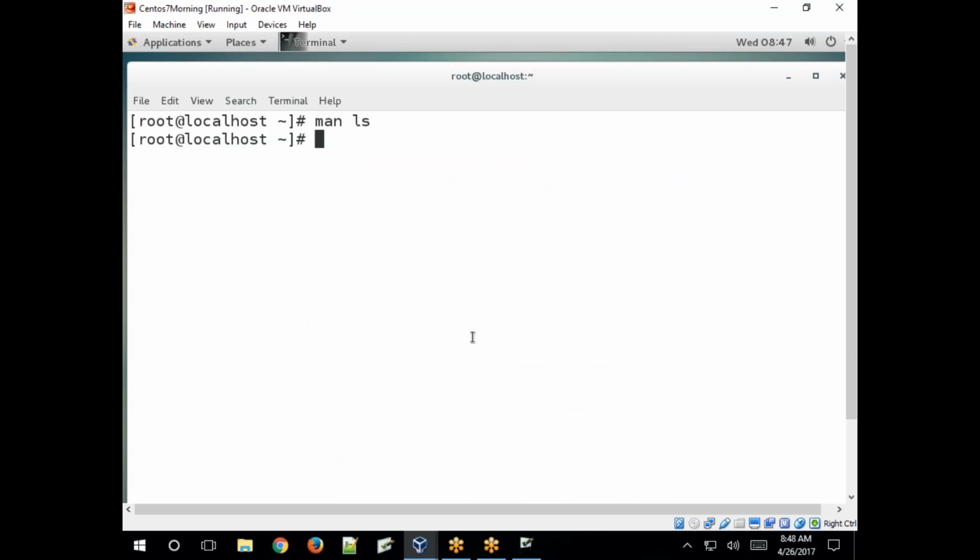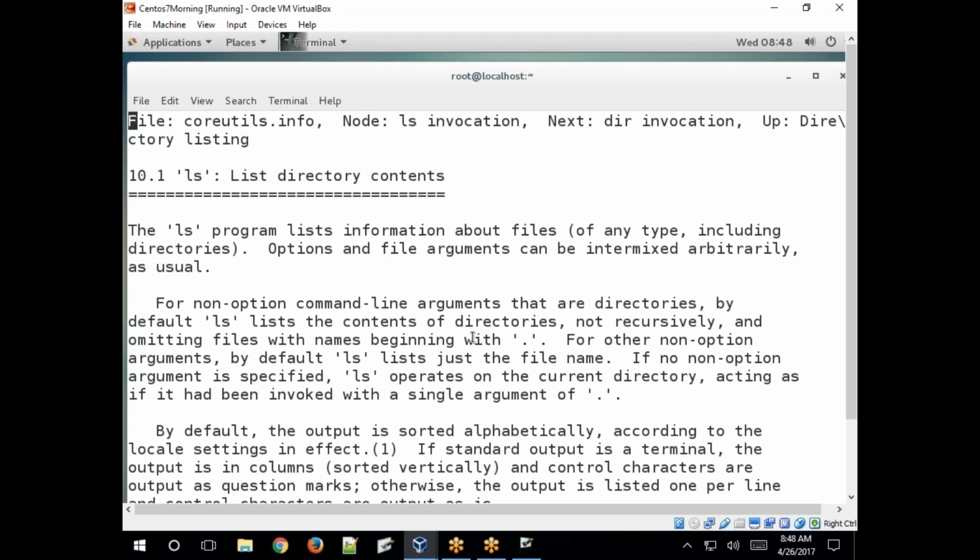So man is the help pages, help commands, man, and info is also there. Info gives informational pages about the commands, binary files. It shows like a web page. The info command shows output like a web page. See, ls command information.